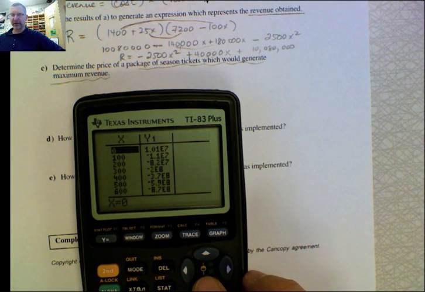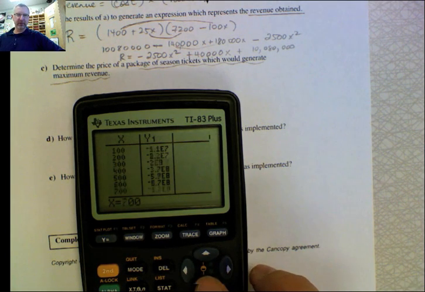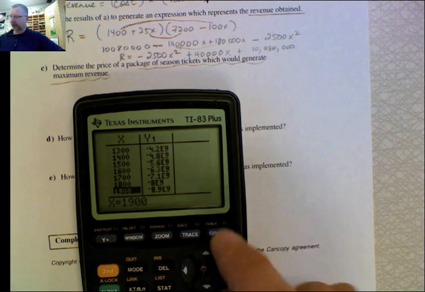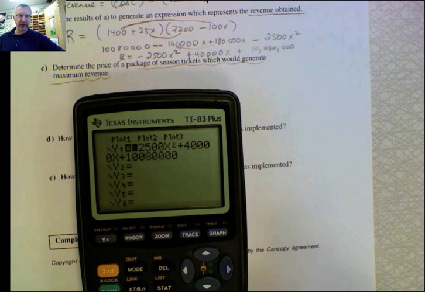Why is our revenue, how much money we're going to make? So we definitely do not want to make negative money in this case. Why are all those negatives? Let me double check my equation. Negative 2,500 x squared plus 40,000